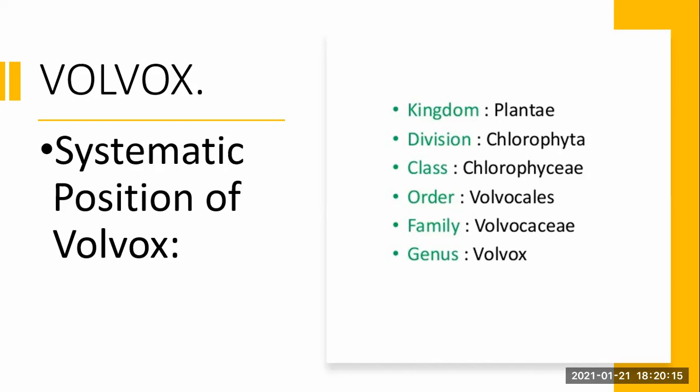Vegetative cells flagellated, thallus motile in nature, that's why it comes under Volvocales. Thallus colonial, division of cells in a longitudinal plane. This is the nature of Volvocaceae. That's why we put Volvox in Volvocaceae. And the colony is spherical or subspherical, number of cells at least 500. This is the basic character of Volvox, and that's why we identify Volvox by these particular characters.